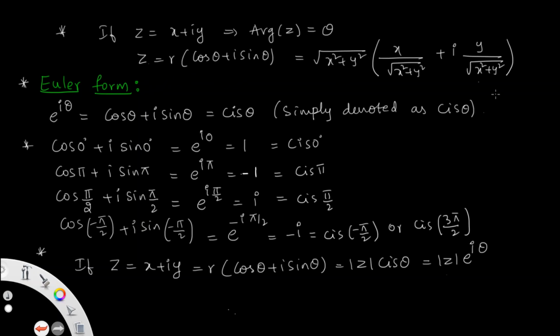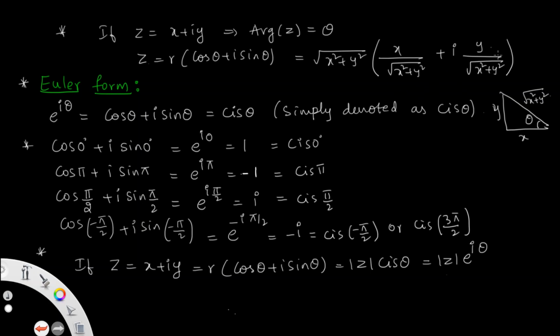Cos theta, we can see from the figure. Here is the angle theta, this is y and this is x, then you get root over x square plus y square. That is the modulus of a complex number from the origin to the point P. Then cos theta is x by root over x square plus y square, whereas sin theta is y by root over x square plus y square. If z equals modulus, modulus means r. So z can be represented this way: r equals root over x square plus y square, and cos theta is this value and sin theta is this value.